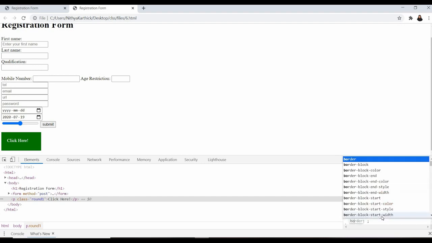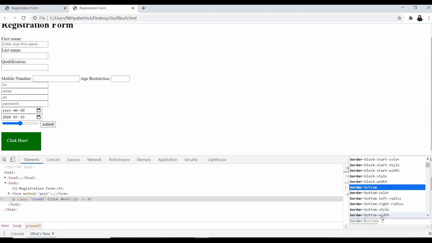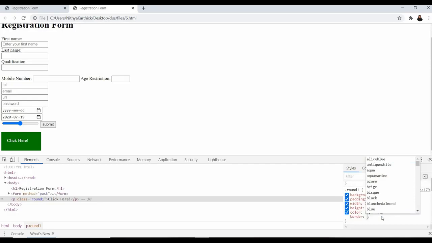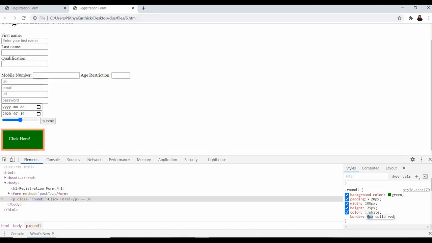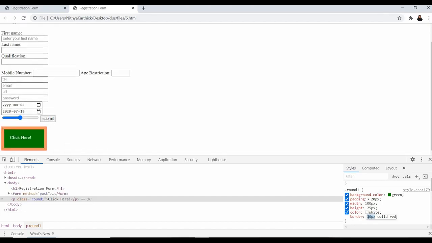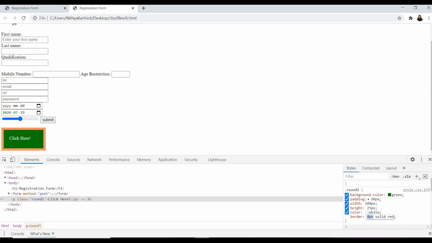Let me give border: simply border, 1 pixel and solid. We didn't mention any color, so let me mention red. If you want to increase the border to 2 pixel, you can increase up to whatever pixel you want, according to your design. Now I have given the border.